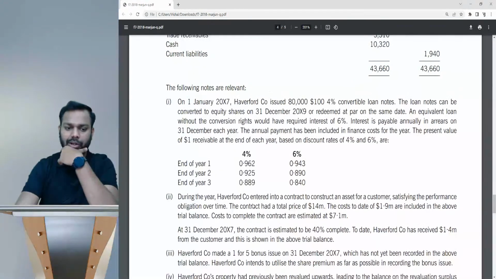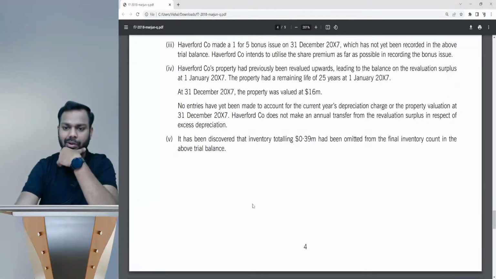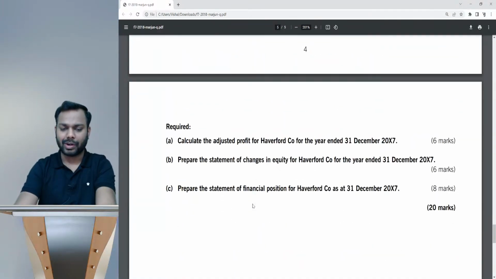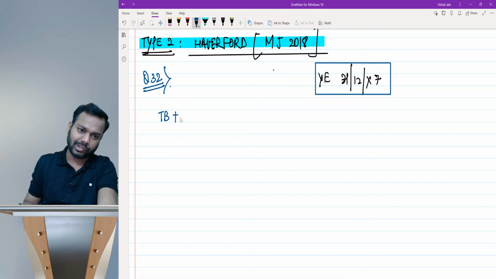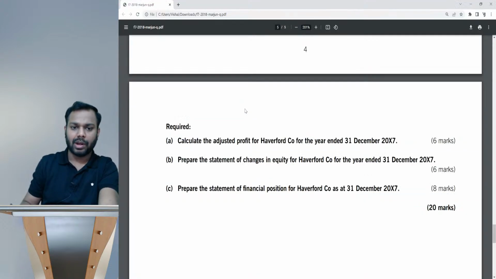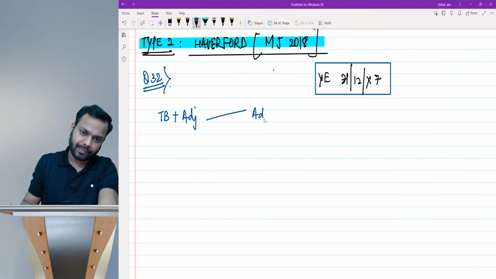Adjustments are given. 1, 2, 3, 4, 5 adjustments are given. Okay, now what is the requirement? So what is the question giving? The question is giving you the trial balance. The question is giving you adjustments, and now the question is asking for a statement of adjusted profit,